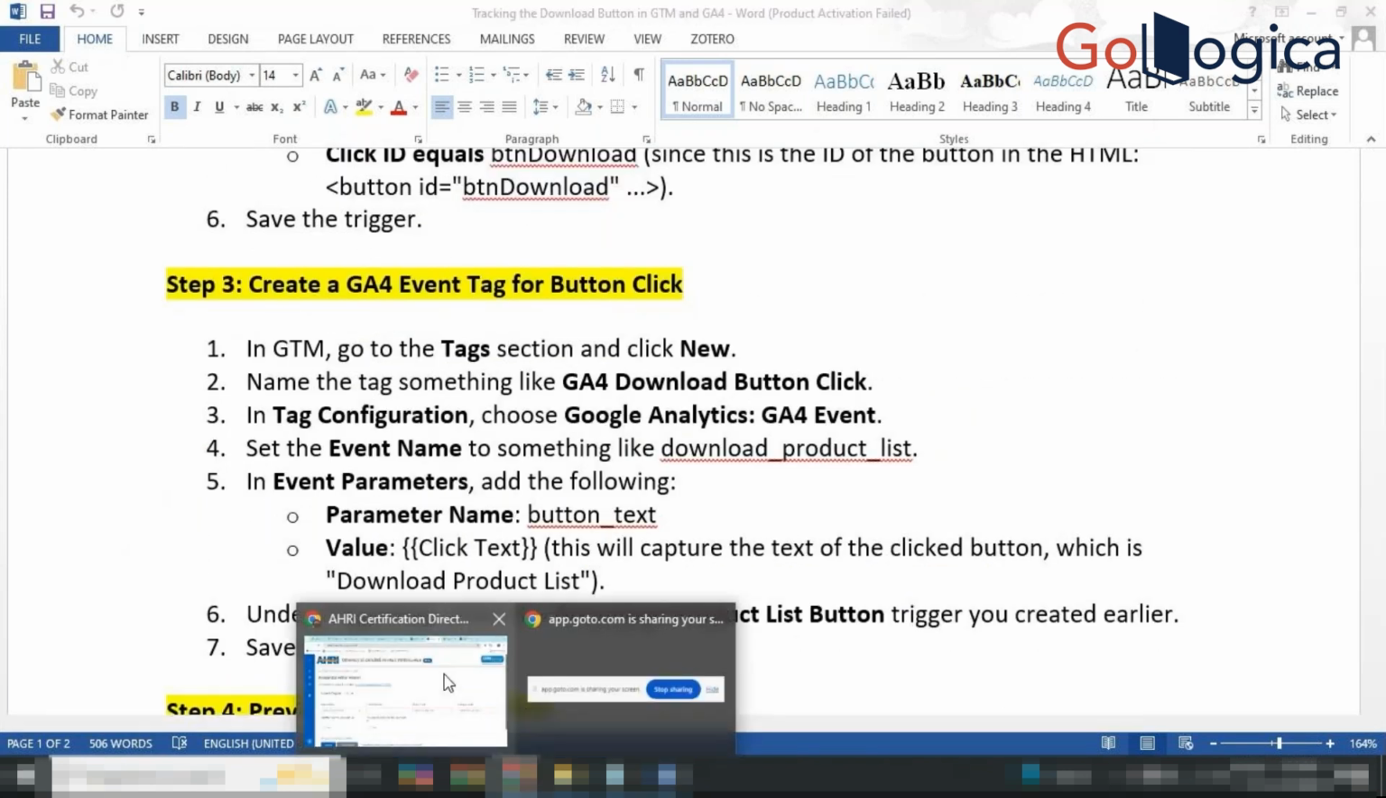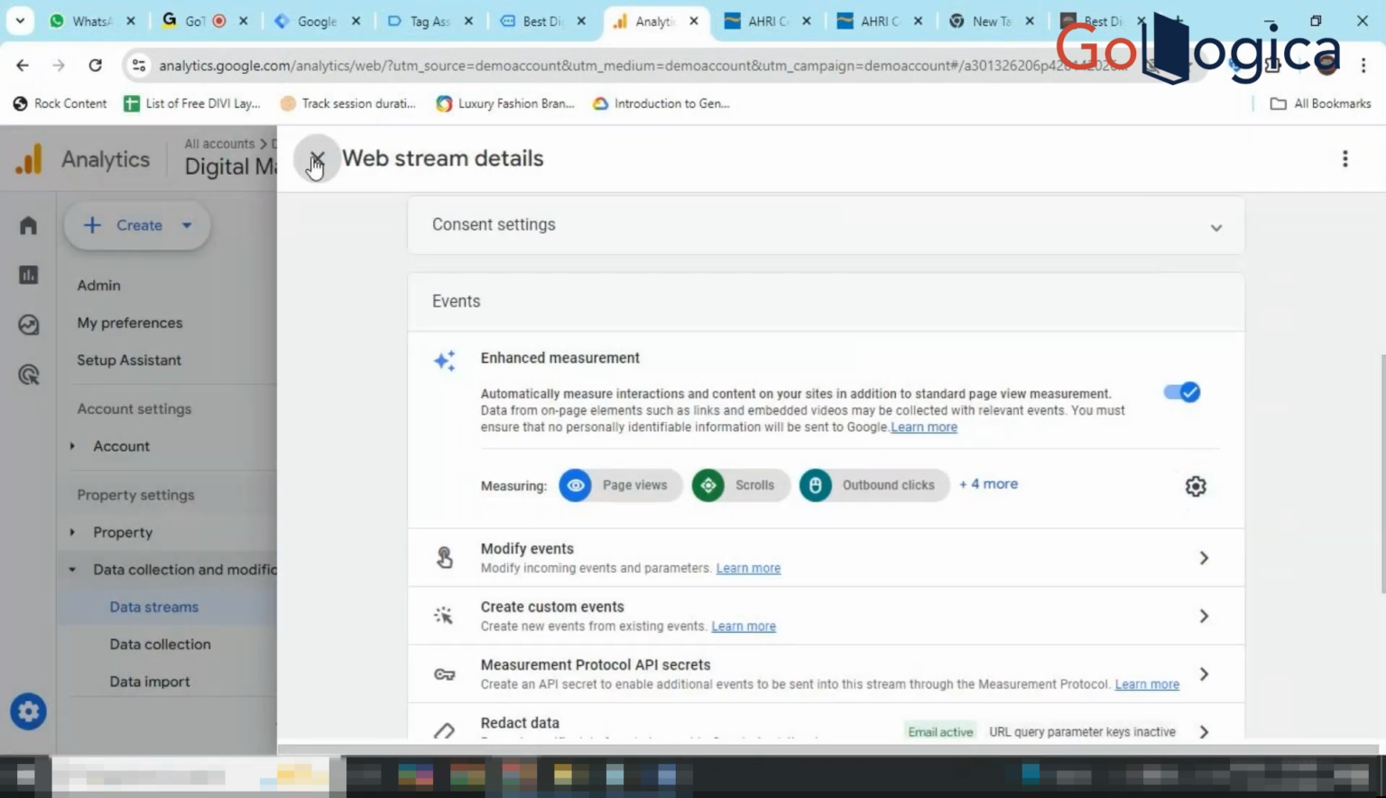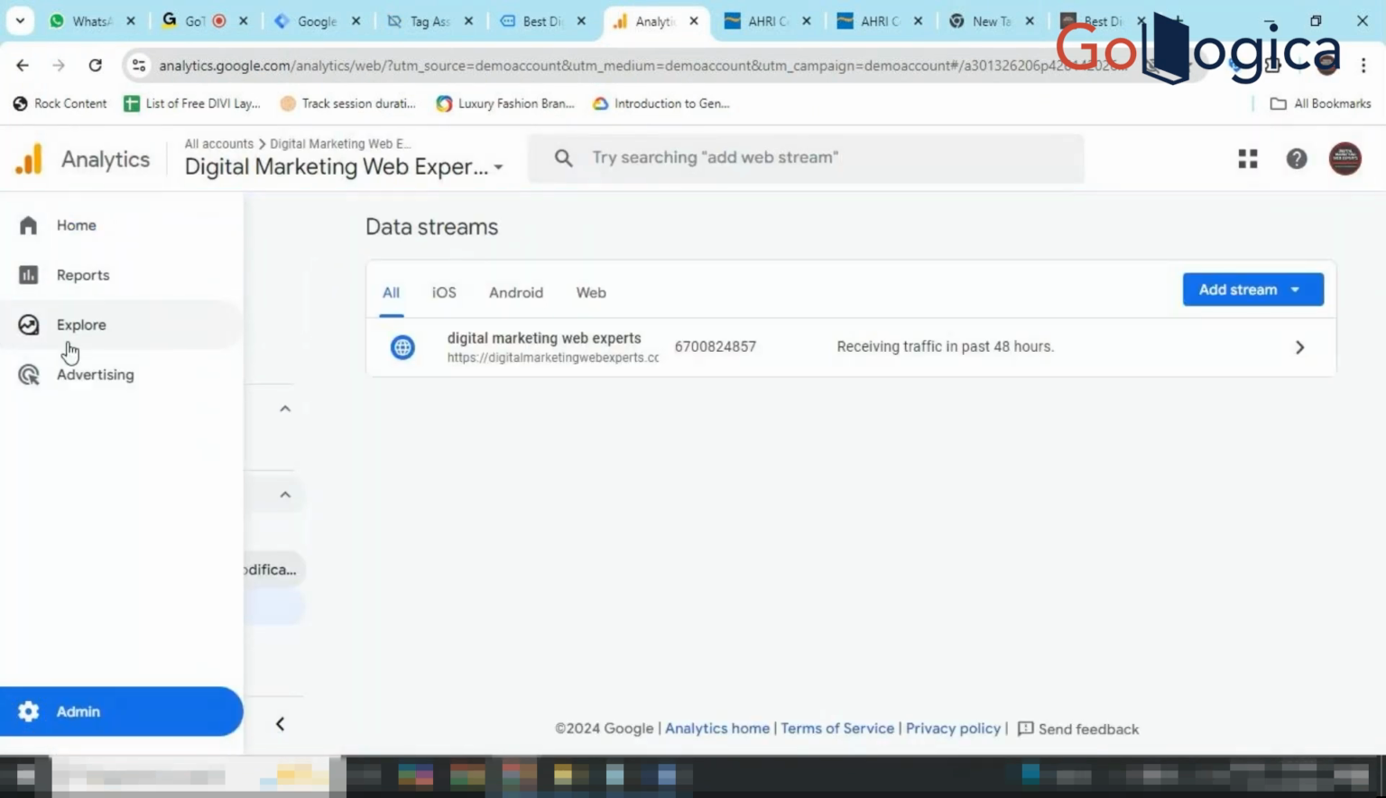Which one? Everything is there in Google Analytics. You are just confusing. Okay. So everything, events, everything is there. For example,